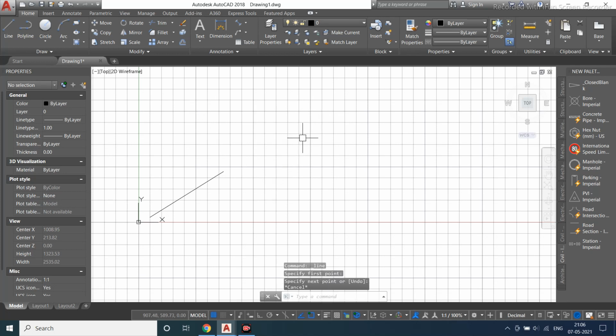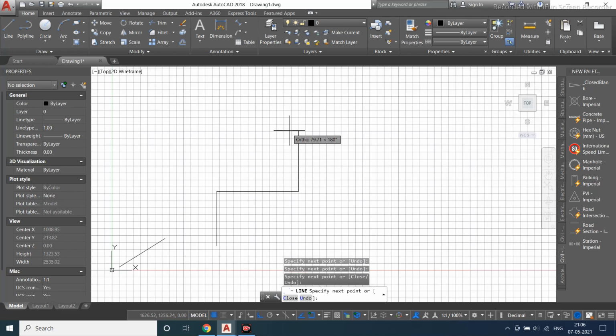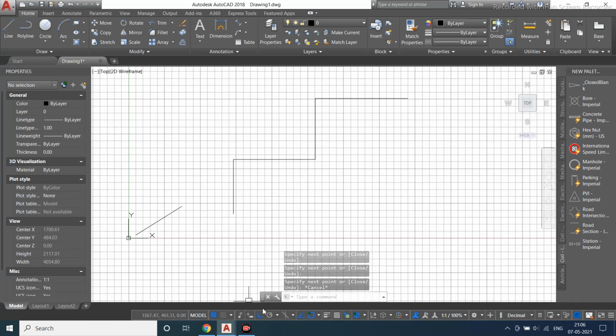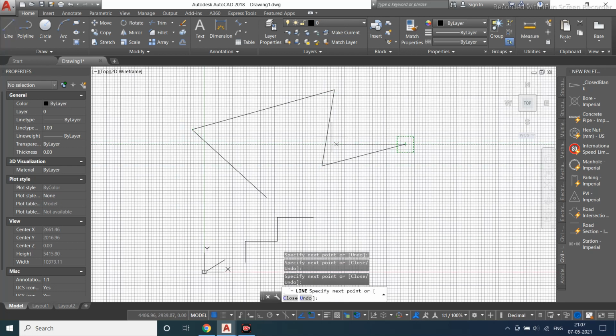To avoid this you have an option called ortho. The shortcut key for ortho is F8, that is the function 8 button. So you just click. You can see in the command bar that ortho is on. If your ortho is on, then whenever you draw your line it will be horizontal as well as vertical. So you can't go in the XY direction. If you don't want exactly horizontal or vertical, you can directly turn off your ortho mode. So when you draw a line, you can go in XY directions.